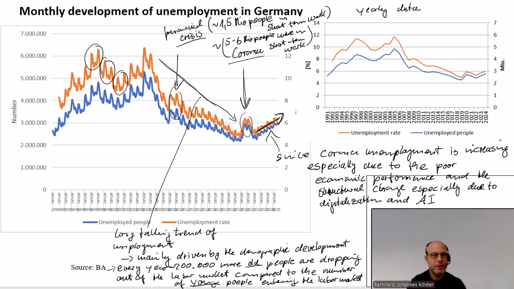within a year? It more or less always starts in January, and then you have more or less the same pattern: a decrease in spring, then it comes up again, and then you have a decrease in autumn again. Yes, this is the season. This is the so-called seasonal effect.